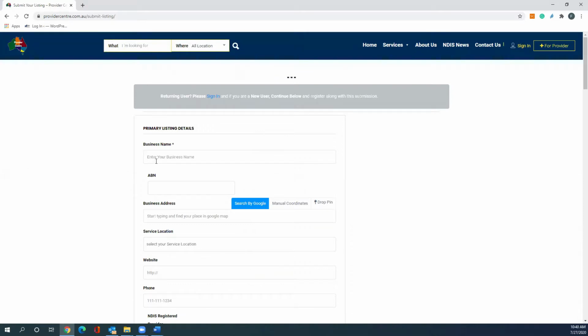For example, the business name. I'm going to complete this form for ISO Professionals Company. So let's say, for example, the business name is ISO Professionals. The ABN is, for example,